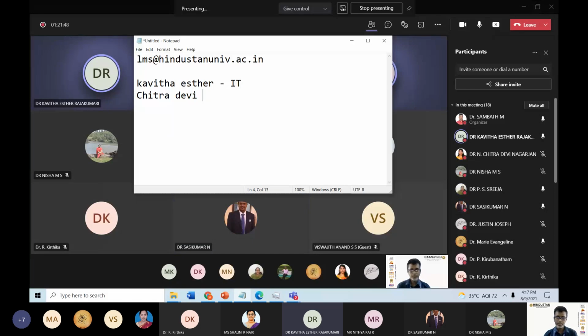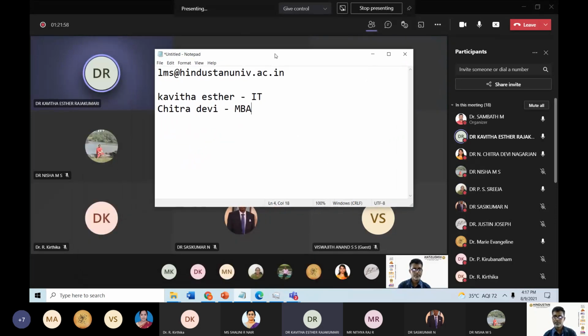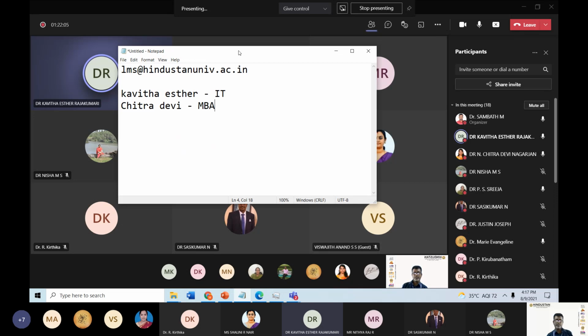Sampath sir, one doubt, sorry for interrupting. If the students have forgotten the password, can we send it to the same ID, sir? Yes, ma'am. I think most of the students might have forgotten, so it is better to reset the password for all the students. Do we have to send the name list? You send which class, so that we'll reset the password. Okay, sir. Thank you.